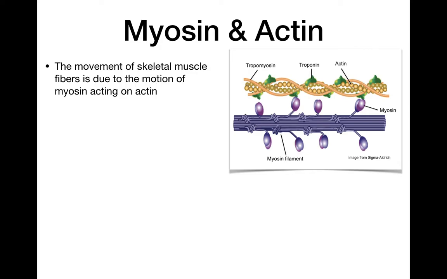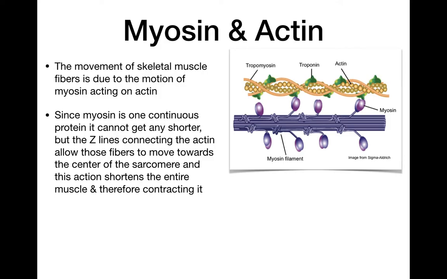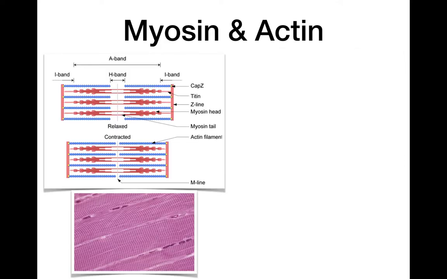Okay, so we have myosin here. Here are our myosin heads acting on actin, which is the yellow fibers here. Myosin is one continuous protein. It cannot get shorter. If you look at the whole sarcomere diagram, this myosin is one entire thing, right? It's not broken up. There are no gaps in it. There are gaps in the actin, but none in the myosin,